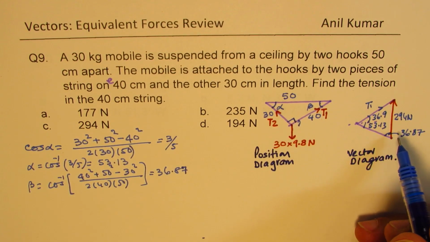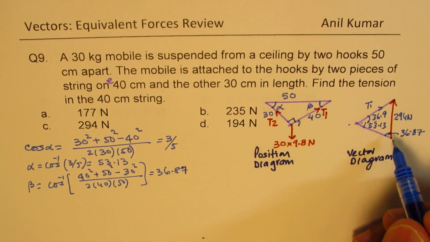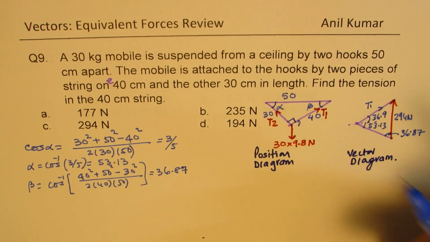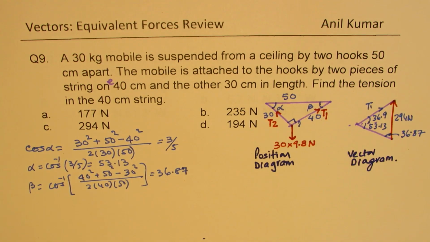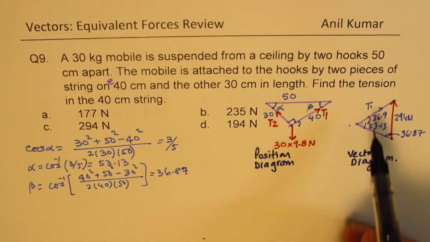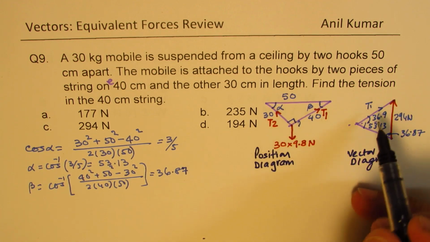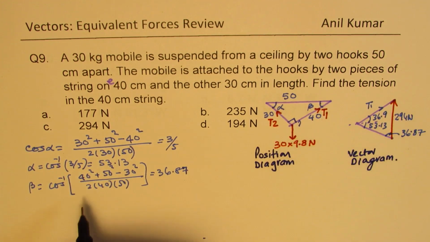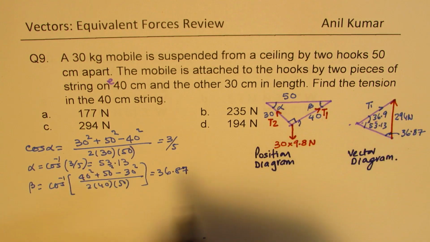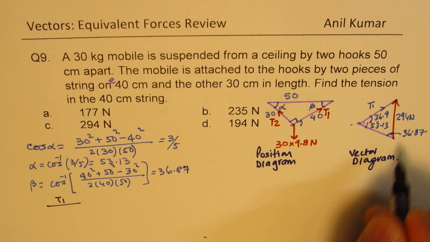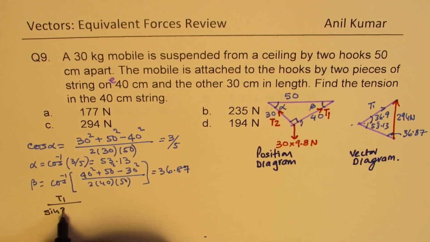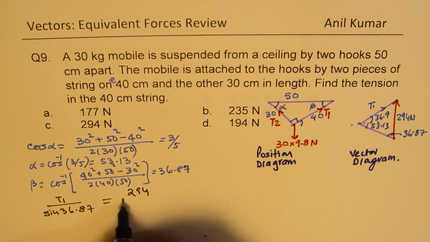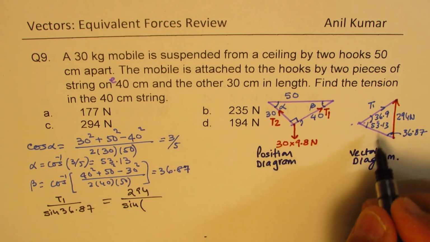Now we can find what T1 is. So this side is 36.87, and let's use sine law itself. As you can understand, this is the right angle, correct? Okay. So anyway, we'll write the tension T1 over the angle, which is sine of 36.87, should be equal to 294 divided by sine of, we'll add these two,